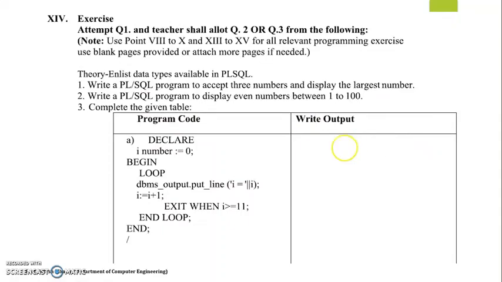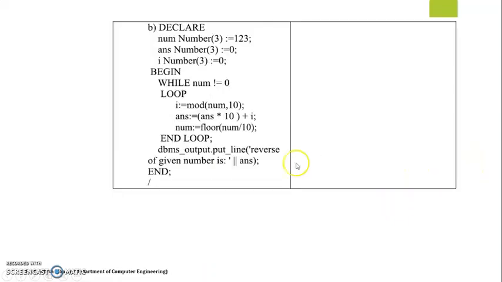Now you have to perform some exercises. Write a PLSQL program to accept 3 numbers and display the largest number. Then a PLSQL program to display even numbers between 1 to 100. And then there is a code given. Based on this, you have to write the output. There's another code, and from this again you have to